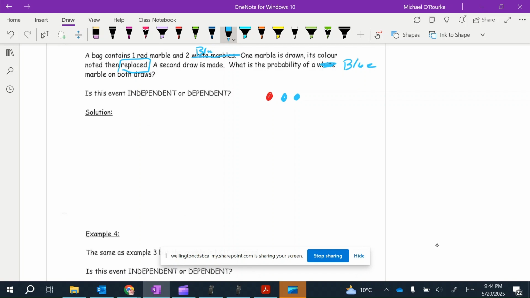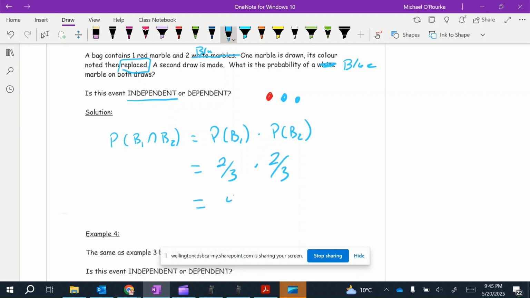So since we're replacing it, it's going to be independent. So we're looking for 2 blue marbles. So it's independent. So the probability of getting a blue 1 and a blue 2 equals the probability of blue 1 times the probability of blue 2. So getting a blue 1 the first time is going to be 2 over 3. Now hypothetically we're going to take that away, but we're going to replace it. So it turns out that's going to be the exact same probability the second time, which would be 4 over 9. So that's the probability of getting it back to back